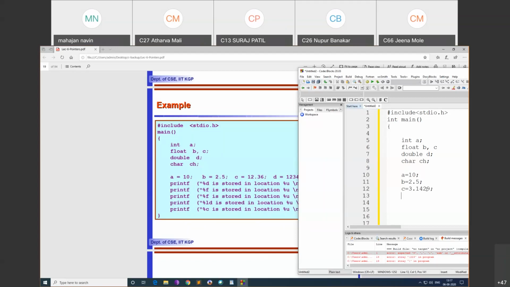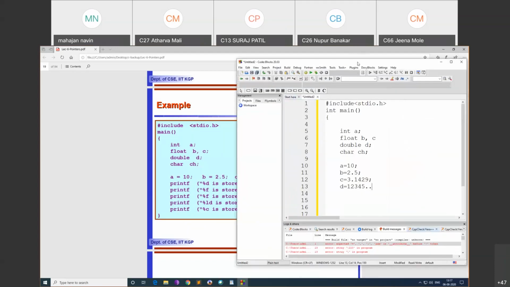And d equal to what they're showing here, 123456.66, and this is double. And ch equal to capital A.